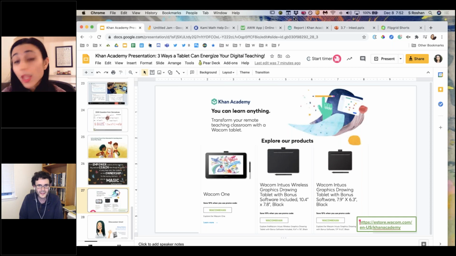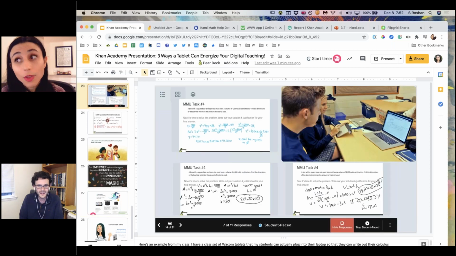Not to mention, I showed you some of the newer Wacom products, but I'm being completely honest here. I'm not just saying this because Wacom's here with me, but the class set of tablets that I showed you, you can see that this tablet looks different than the one I showed you. That's because this is an older version. I got this class set in 2013. It is still going strong. I'm still using the same class set of tablets since 2013.